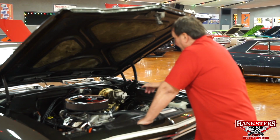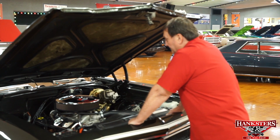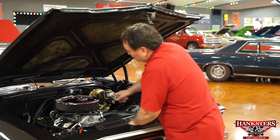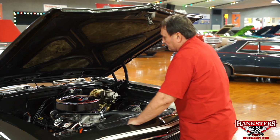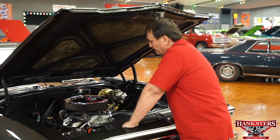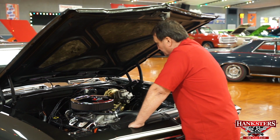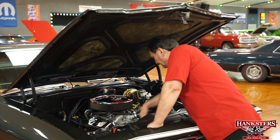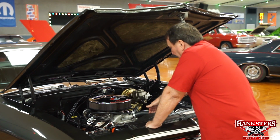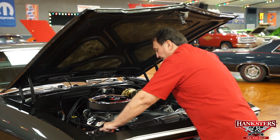It has the correct valve pan covers that came on the vehicle. It has a correct style air cleaner, a correct style 780 Holley carburetor with the correct fuel line assemblies that go to it. The correct style hoses for the heat for the passenger compartment of the vehicle are still intact and operational on it. It has the correct clutch fan that belongs on this vehicle, the correct high flow radiator, fan shroud is also correct, the correct style looking